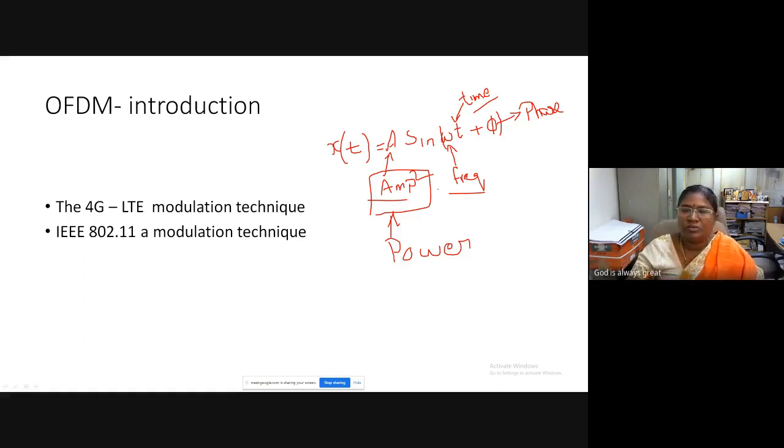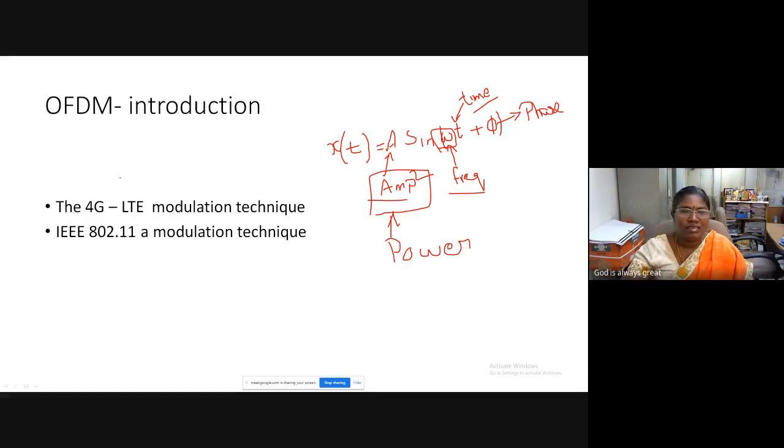If we are going to transfer more number of bits with 1 hertz, then we call them better spectrally efficient. The better they are, the more spectrally efficient. So all modulation concepts try to address this, whether they are power efficient, whether they are spectrally efficient. These two things are put together in OFDM.